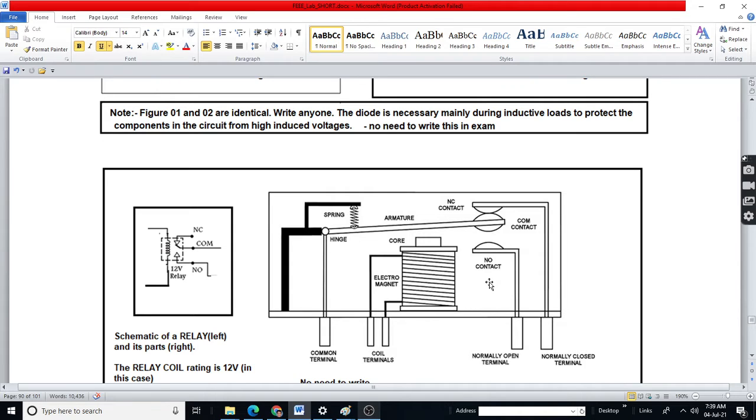There will be only NO contact. Depends. In some relays, you have more sets of NO and NC contacts. More on this, you will see in the laboratory, or if you do a Google search, you can learn more.